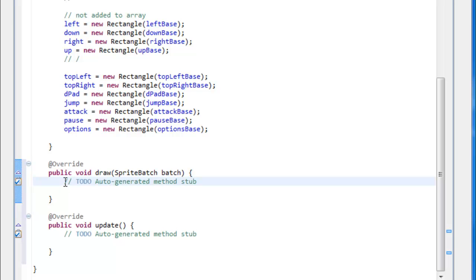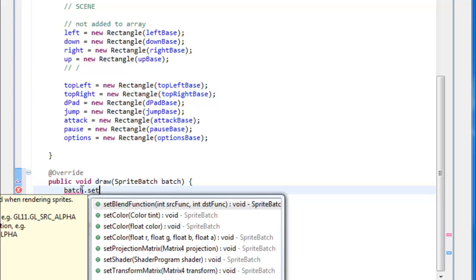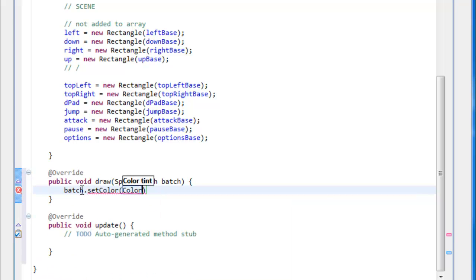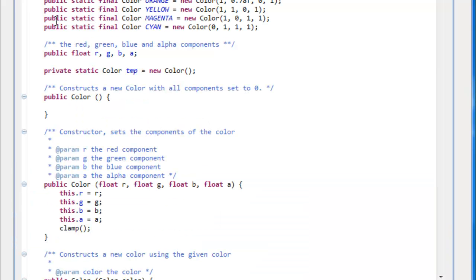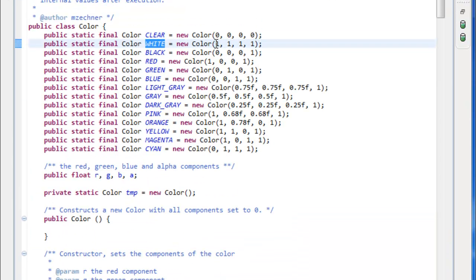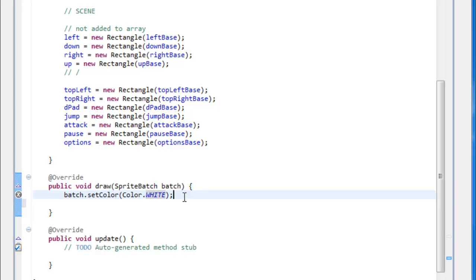Alright, so for the draw method, I guess what we're going to do is, well, first let's set the batch color to full color. Now this color white is nothing but full color, 1, 1, 1, 1, because we always want to be drawing our GUI at full color, not affected by the world color. So for i equals 0,